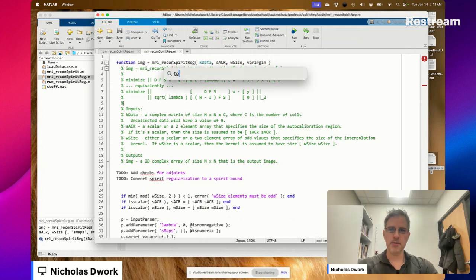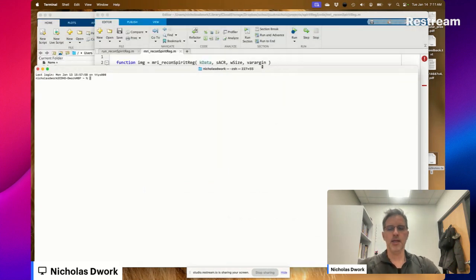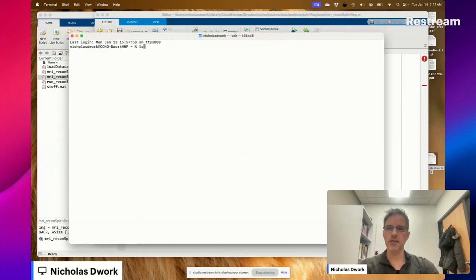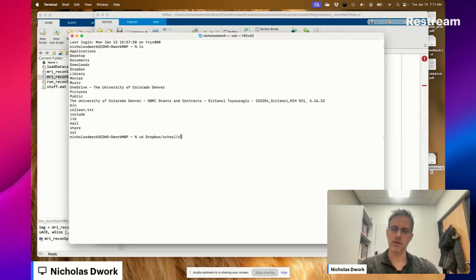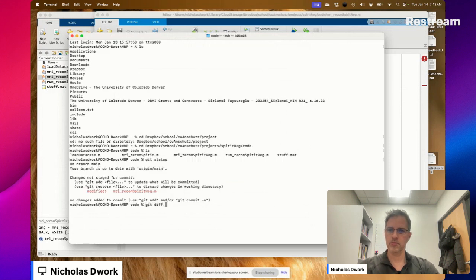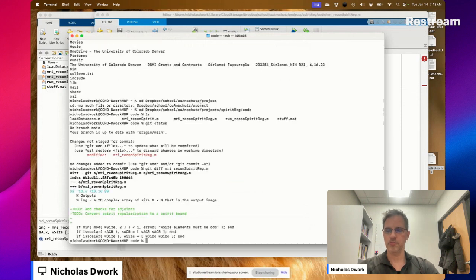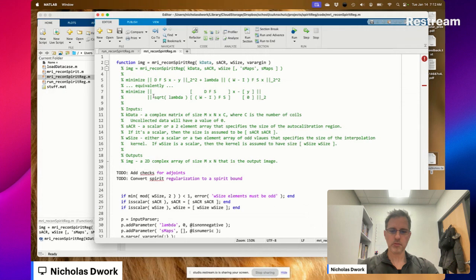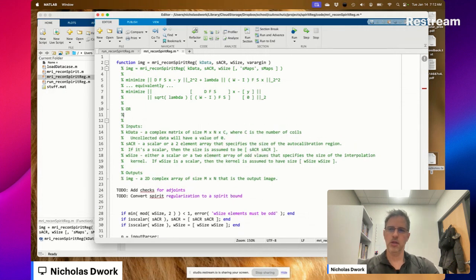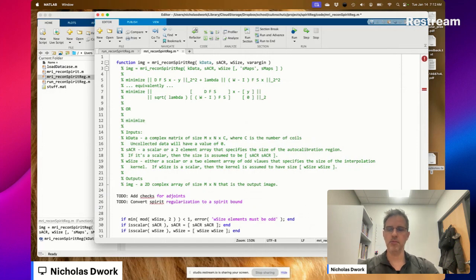So here's, let's make sure, I did want to make sure that I checked in those changes that we've been working on. Okay. They're checked in. So what we're moving to is the following problem. Minimize